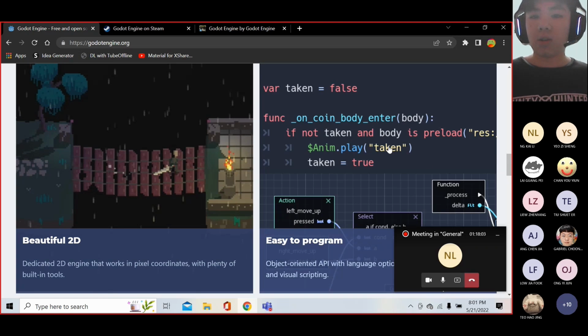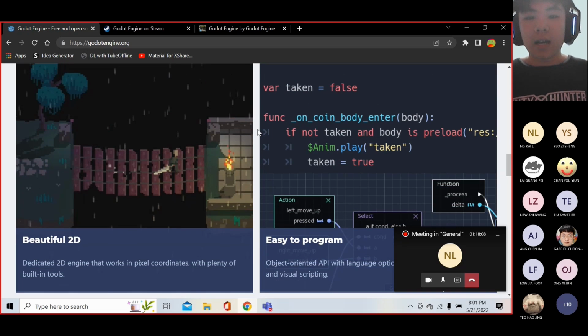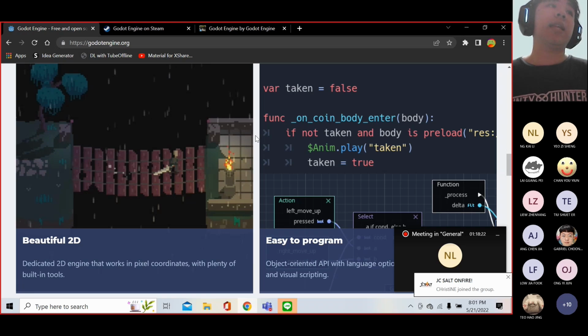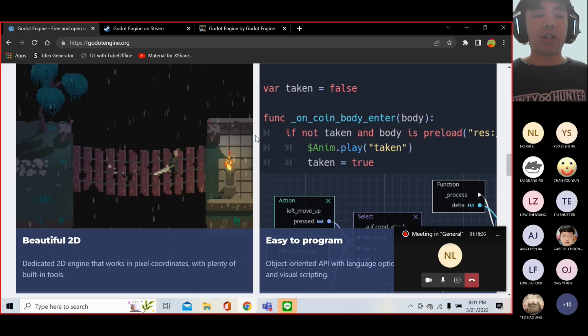And of course, there's also the programming part. Yes, I know the programming may be difficult, but hear me out. Godot has three different kinds of coding. We have the very first one, which is using C Sharp or C++ or any other already existing programming languages, or we can just use Godot's original coding language called